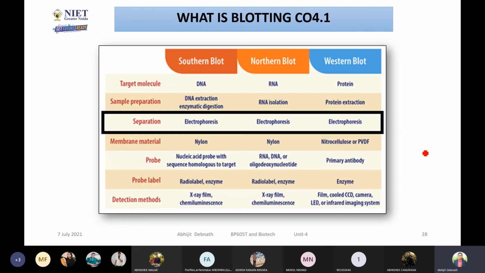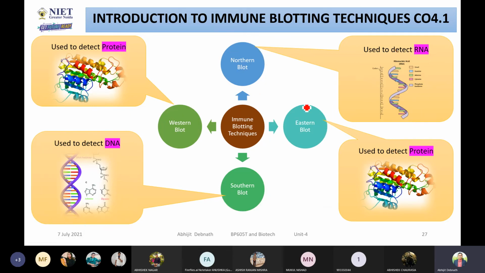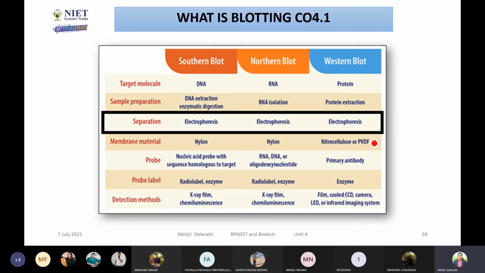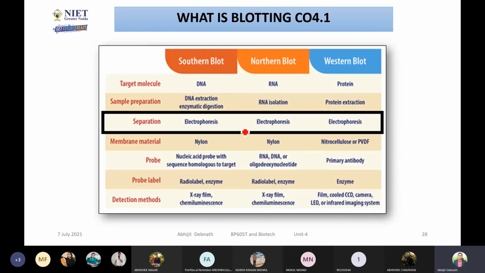In tomorrow's lecture, I will tell you, as I have time. So if I tell the differences, another thing I have mentioned here is Eastern blotting. Let me remove the inks. I have mentioned the Eastern blotting technique. This is not so popular because we use Eastern blotting for detection of the protein, and a similar thing you can do by using the simple Western blotting. So that's why Western is so much more popular.